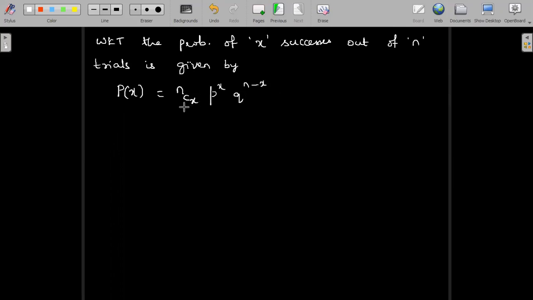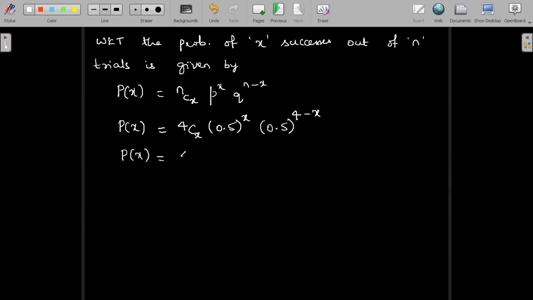Let me tell you what all these notations stand for once again. N is the number of trials, x denotes the number of heads here. This is the number of successes we can say. P is the probability of success and Q is the probability of failure. So this is the formula for the binomial distribution. Now let us substitute the known things and write the expression. So we have n equal to 4. So 4cx, p power x, p is 0.5 power x, and q is also 0.5 in this case, 0.5 power 4 minus x. Since the bases are the same, powers can be added.